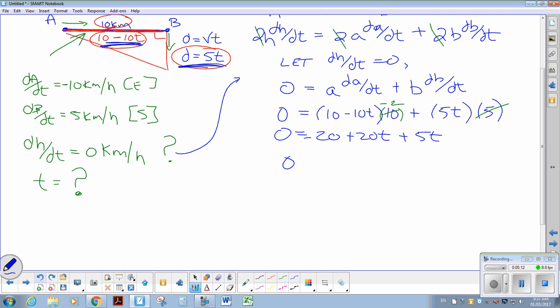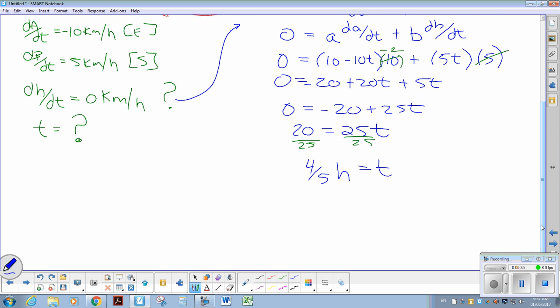So we end up with 0 equals negative 20 plus 25t, or 20 equals 25t. Divide both sides by 25. And I end up with, that reduces, if you divide top and bottom, 4/5 of an hour. Okay, so what is 4/5 of an hour? If we take 60 minutes, multiply it by 4/5, 60 times 4/5 equals 48